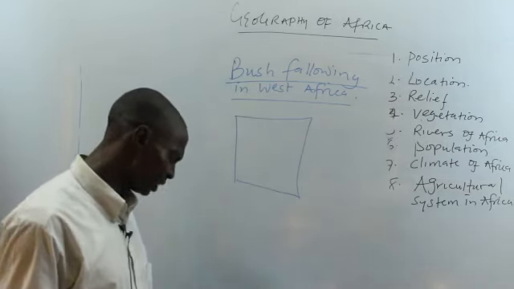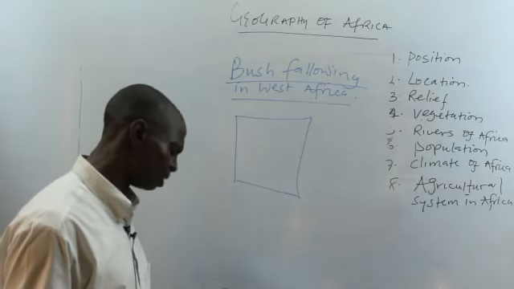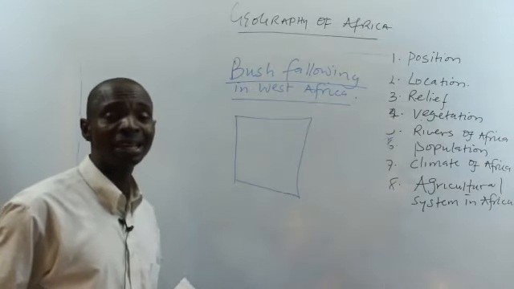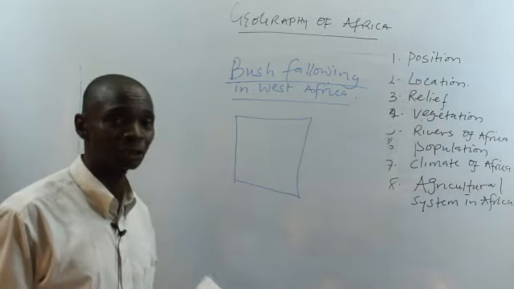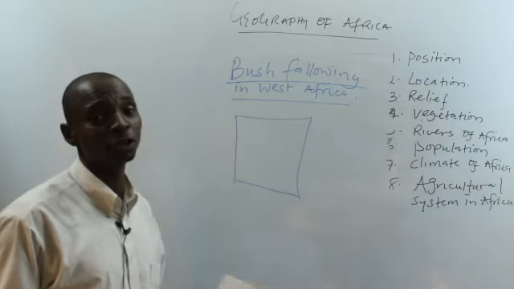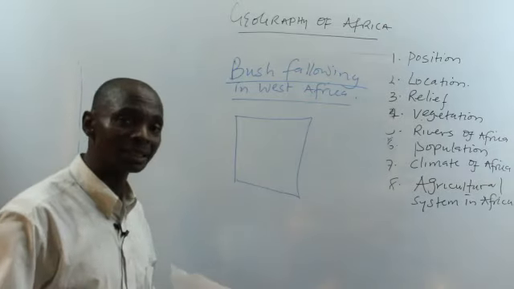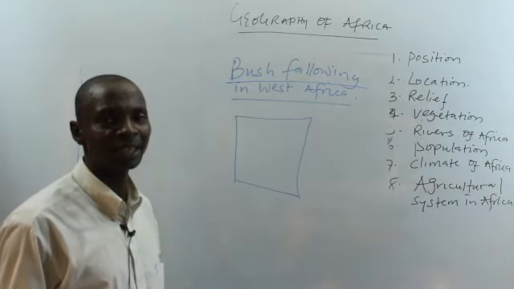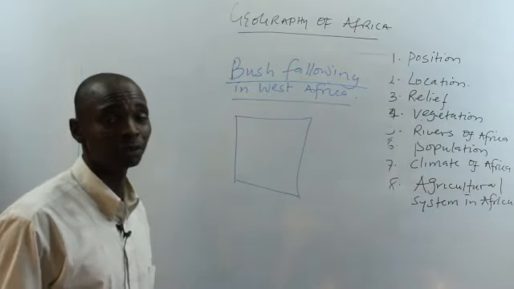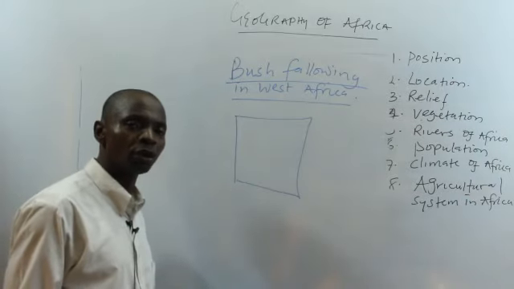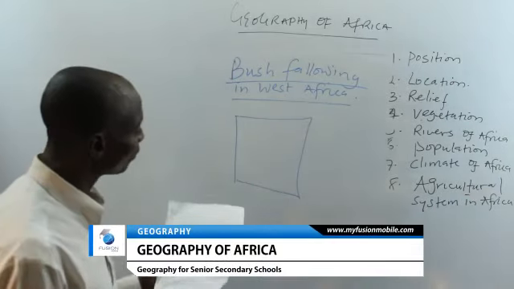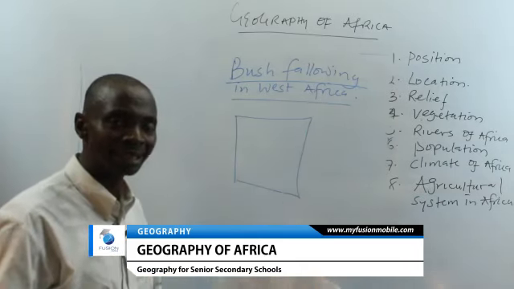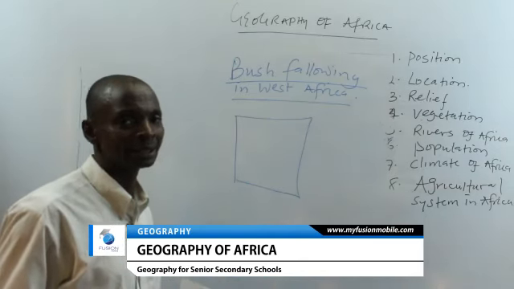What are the advantages of this type of farming? Number one is that the land is allowed to fallow naturally. That shows that any crops produced there are natural, unlike using chemical fertilizer to produce crops, which at the end of the day is not too good for our health. So the advantage of this type of practice is that the land regains the nutrient back naturally.